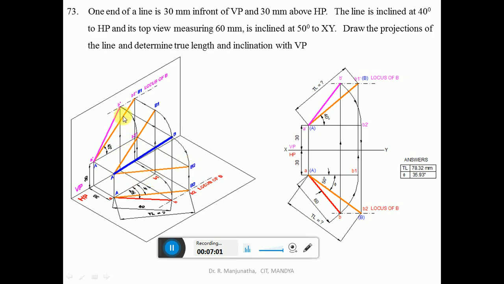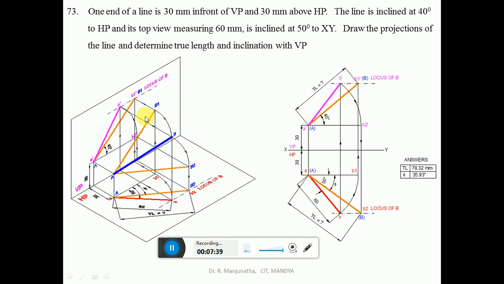But how do I find the front view? Once you get the top view and once you have the locus, draw a vertical projector from B to the XY line, and from here draw a vertical projector into the front view, so that it cuts the locus of B in the front view. You are going to get this point, which is b dash. Then join a dash b dash with a dark line. This is going to be the front view. This is the actual line which is in space, capital AB. So this is how we will be able to analyze this problem.